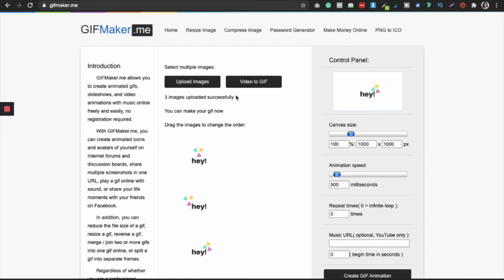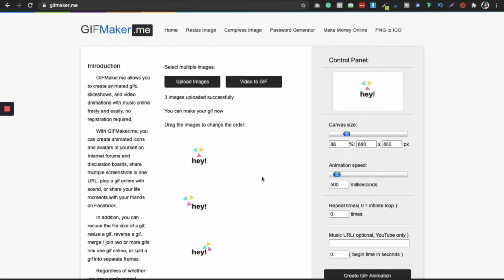Okay, you can see how my GIF is acting over here. These are my three transactions, and my GIF is performing accordingly: first, second, third, first, second, third, right? Now, if I want to customize the size, I can do that. I can do that as per as I want.